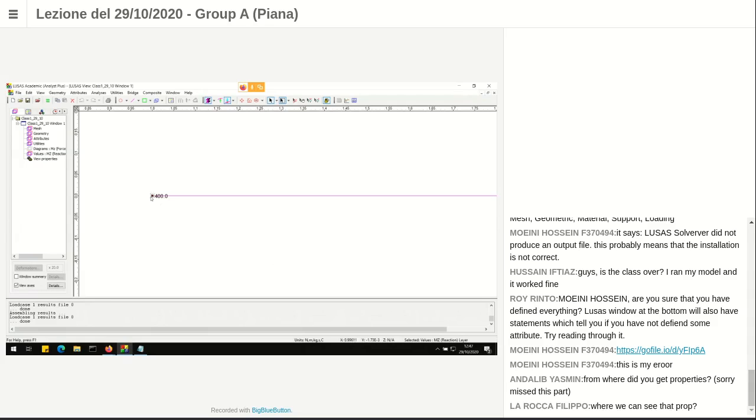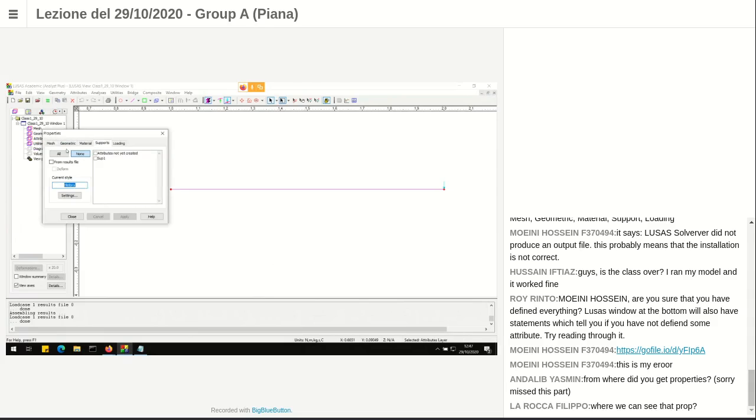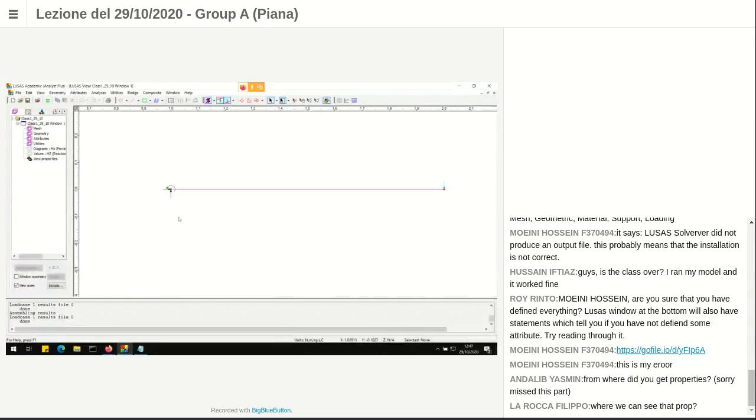counterclockwise, positive. Okay, we can have a look at the deformed mesh again. So I deselect values here, so off. Diagrams can stay off. From attributes, I put supports all visible again. Okay, so here deformed mesh. Please click